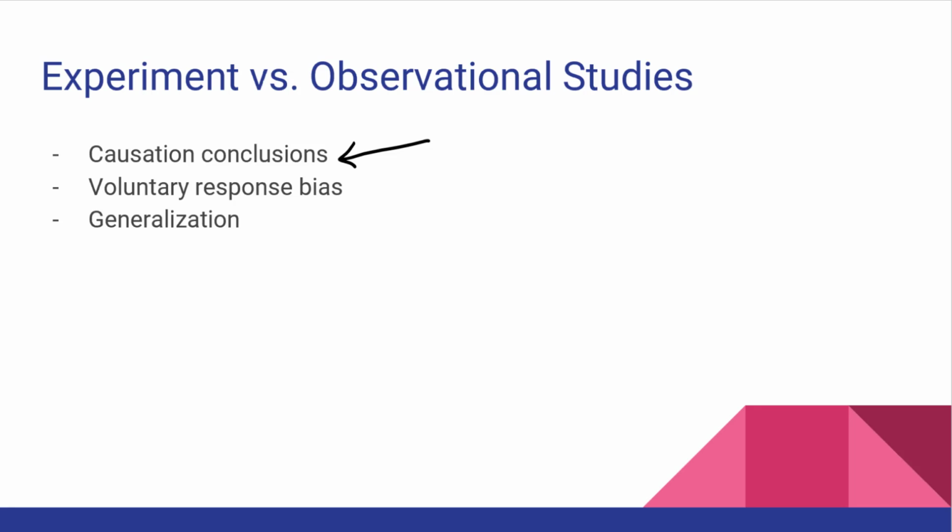Next, we have voluntary response bias. This kind of ties into the generalization I mentioned earlier. In experiments, especially for medical trials, everyone knows that these likely come with some risks because you're basically being given some new medication and you're kind of the guinea pig for this. People that are willing to participate in these are sometimes desperate for treatment, so therefore their disorders or conditions are likely quite severe. Because your pool of subjects have conditions that are likely very severe, it's going to be hard